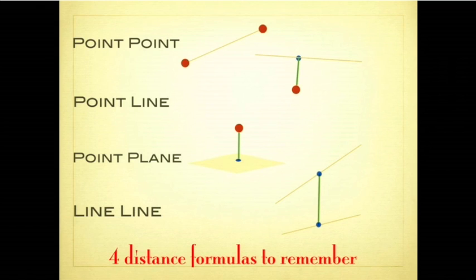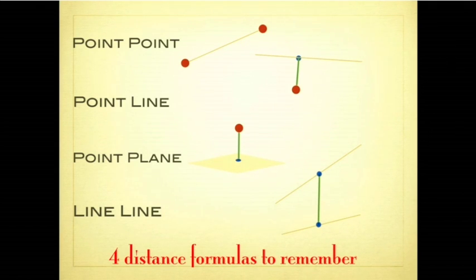We can also derive them. I will derive them again, just so that you don't have to learn it by heart if you know how to derive them. But it's useful to know them. So the point is no problem, right? Point you have done at the very beginning, in the first lecture. You just take the sum of the squares of the differences of the coordinates, and then you take the square root. That's Pythagoras. Here, the point and the line, we will come to this, point and plane, we will come to this, and the line and line. These are 4 distance formulas.